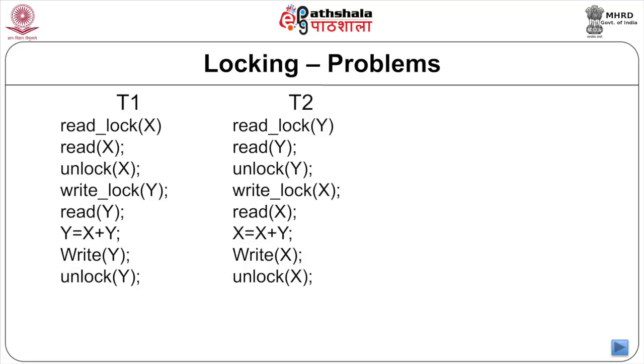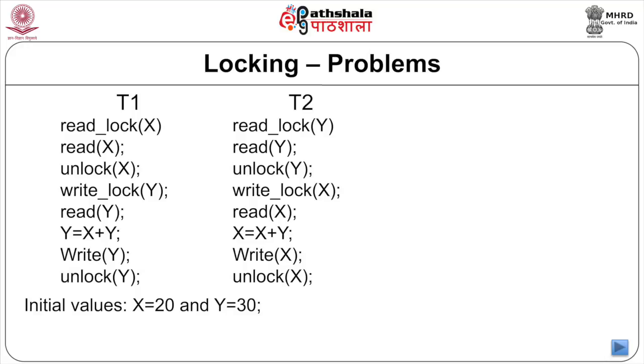After that, it is acquiring a write lock on X, reading X, doing the execution, writing in X and unlocking X. If we take the initial values of X and Y to be 20 and 30 respectively,